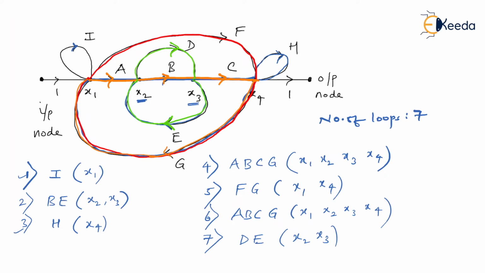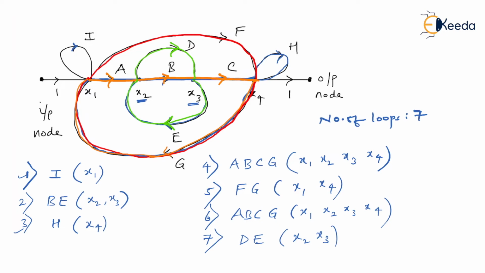See, the motive of this sum is just to give you an idea how to find forward paths, how to find the loops, how to find two non-touching loops, how to go about three non-touching loops. So this is a nice exercise. I mean, we are not going to solve a particular problem like they ask you for the transfer function for a given SFG. Yes, we are going to solve them in the next video. But the motive of this video is just to give you an exposure to SFG and so as to get forward paths, loops, two non-touching loops, three non-touching loops, and so on.